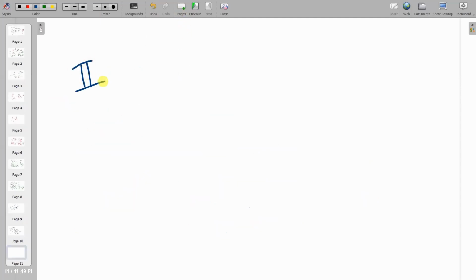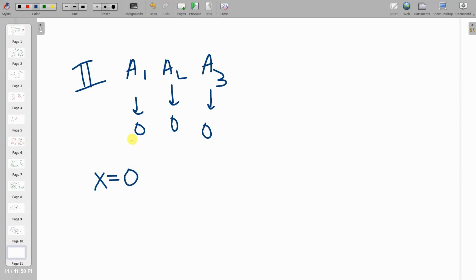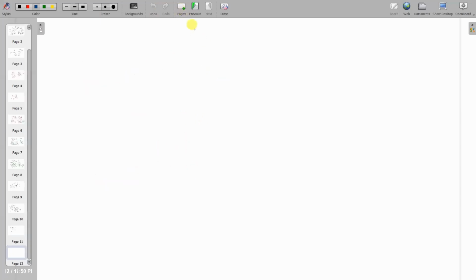In case 2, suppose everything is 0. A1, the element is 0. A2 is also 0. A3 is also 0. I will quicken up a bit. Now, if I take x as 0, it will be beneficial. Okay, I want to match it with all the possible elements. Now, again, if I do the same operation that I've done here,